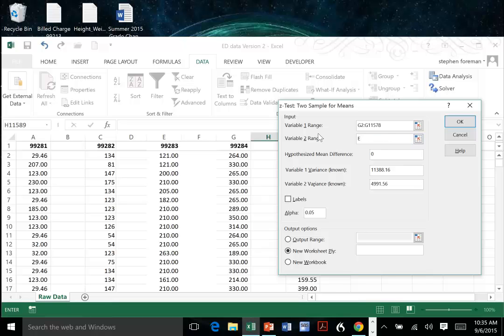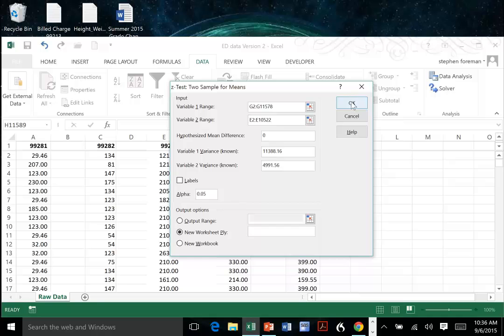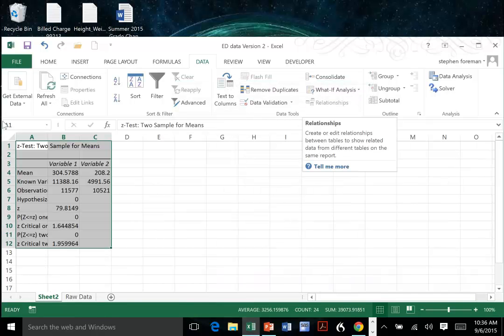We find the observations for 99283 in E2 colon E10522. We hypothesize that the mean difference is 0. And here are the variances for 99284 and for 99283. We allow it to run,